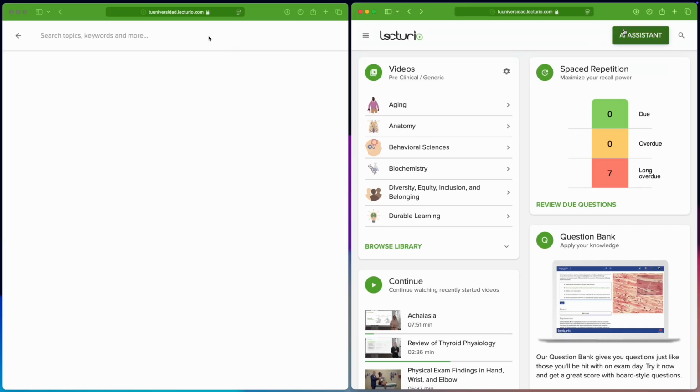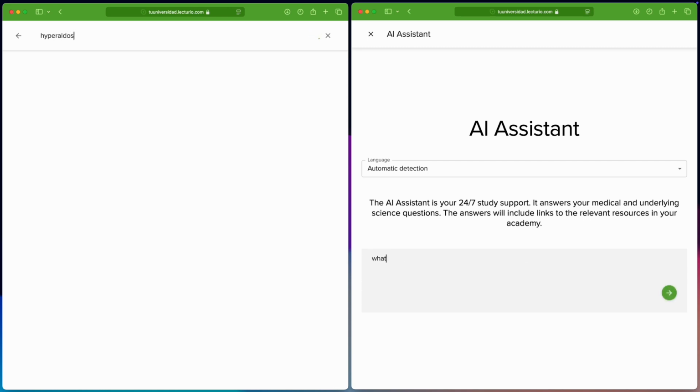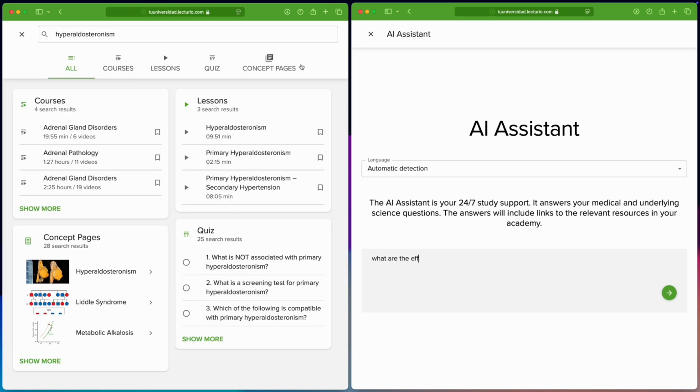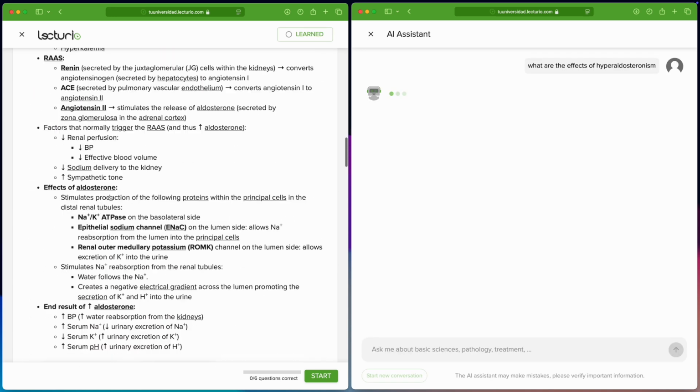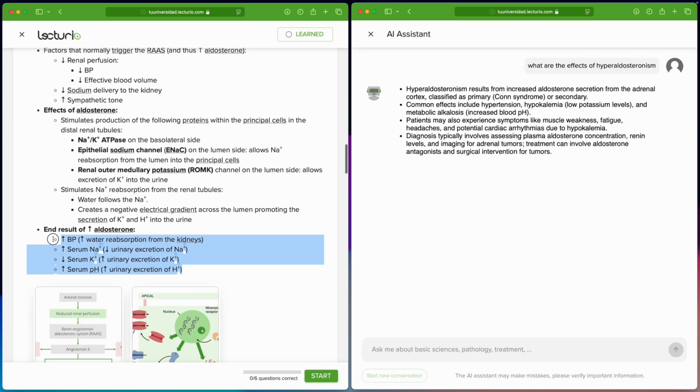I mentioned all of that very quickly for time's sake, but if you want a deeper recap on any of those findings, remember that you can always search the specific concept page in Lecturio or simply ask our AI assistant for specific questions. But for now, let's move forward and go through some cases to see how to apply this